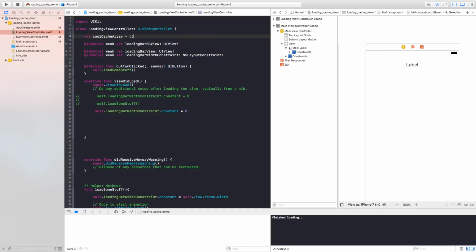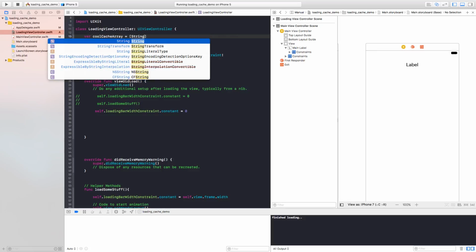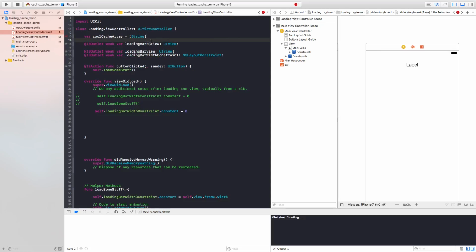That's equal to an array of strings. Obviously, it could be anything, your own custom class. It's going to be an optional. When the view did load, I'm going to say self.coolCacheArray equals this array that says,